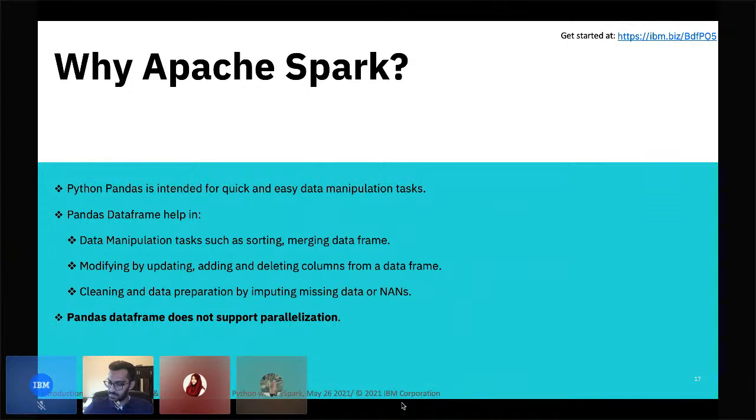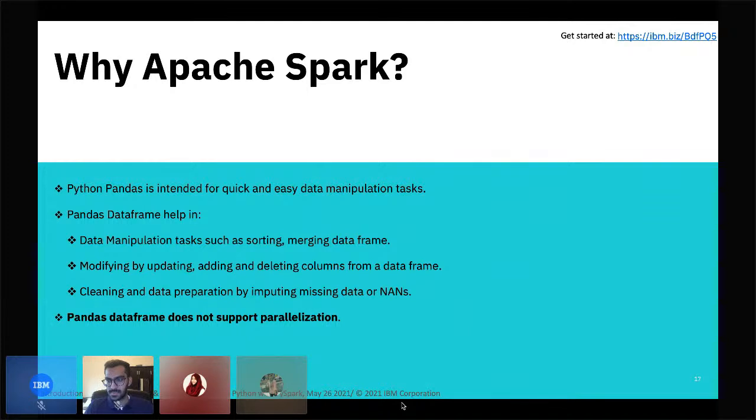And it can often run out of memory if you're doing it on Pandas. That's because Pandas does not support parallelization. So therefore, to build scalable applications, we need packages or software that can be faster and support parallelization for large